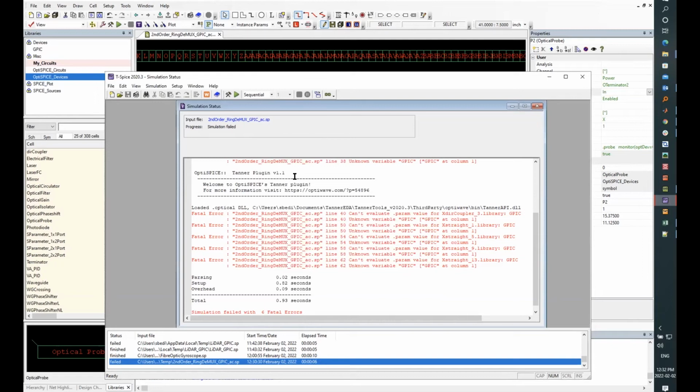So this thing has to be done only once, right after the installation. And after that, once you have uploaded it, you don't need to do it next time. Now, coming back to this simulation, so we started the simulation and it's showing errors. Now, what's happening here is